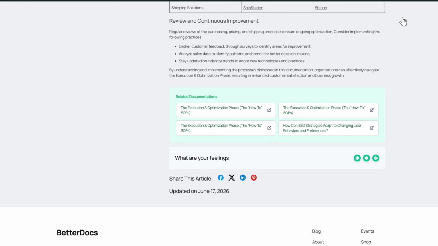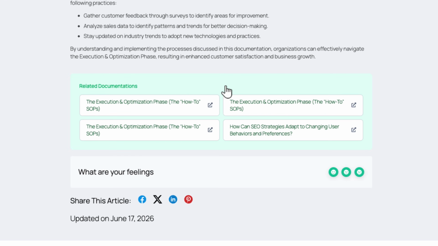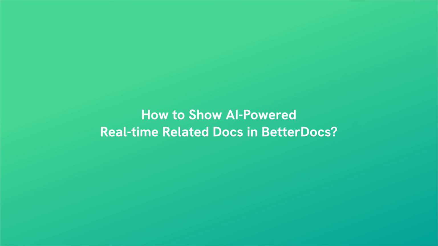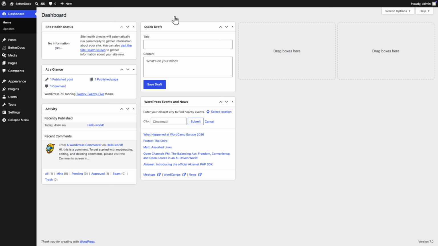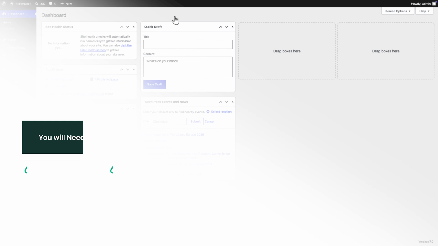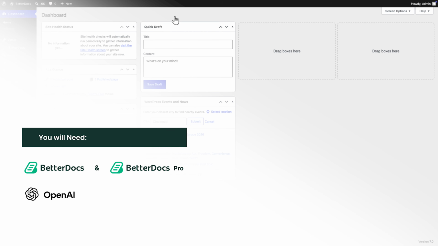Hey everyone, ever wish your documentation could read your user's mind? With BetterDocs' advanced AI feature, you can now suggest real-time, highly relevant documentation on your WordPress site in just a few clicks. Let's begin. Before we jump in, make sure you have BetterDocs, BetterDocs Pro, and an OpenAI API key